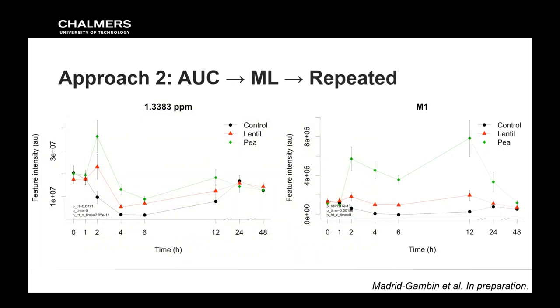So what we did instead was to take these metabolites that we found to be relevant and then do univariate repeated measures or marginal model, depending on your vocabulary, and this kind of modeling to find out whether the treatments are significantly different from each other, with its treatment time interaction and these things. So that's one way to look at the kinetic data.